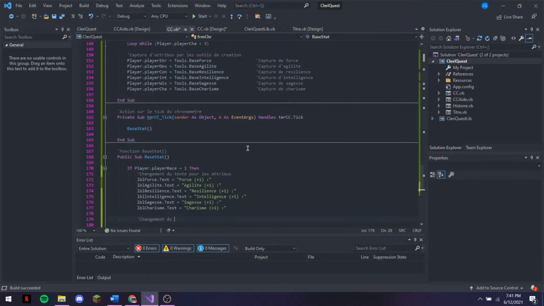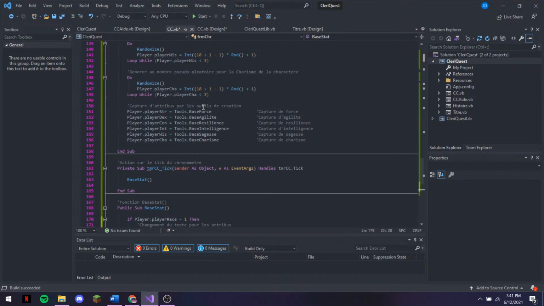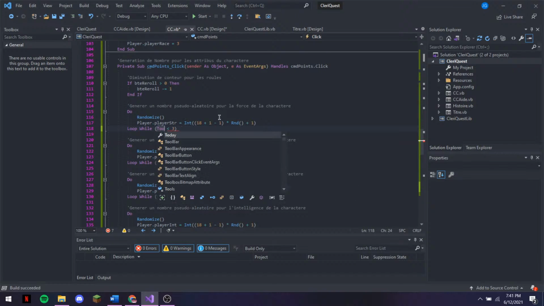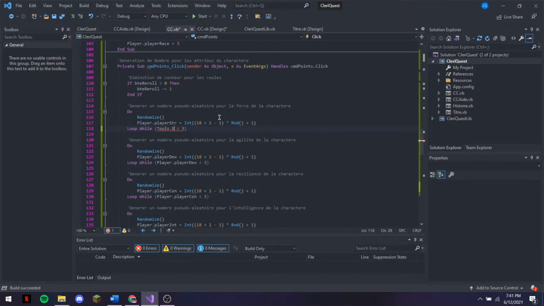Oh wait, no, we would want the tools to equal that. Oh, I am stupid. Okay. I just have this here. Tools dot